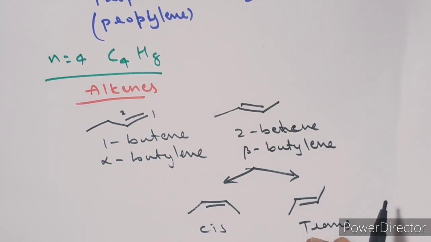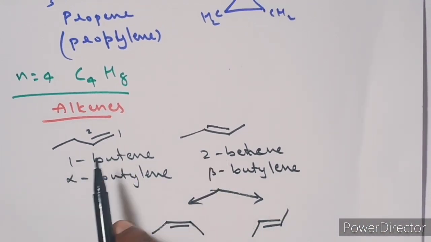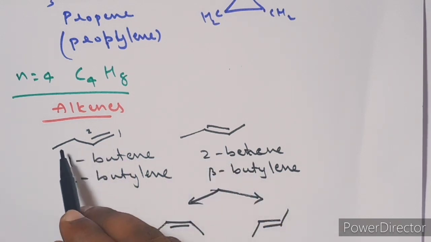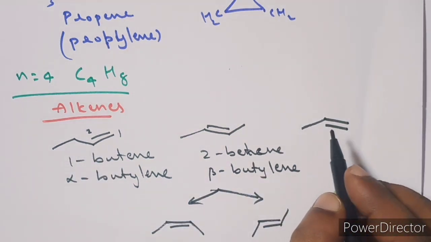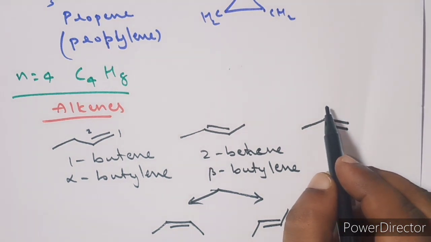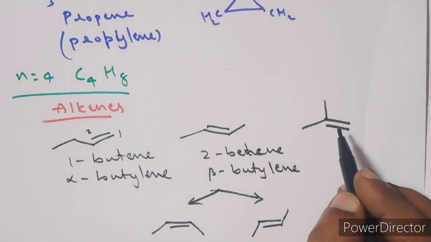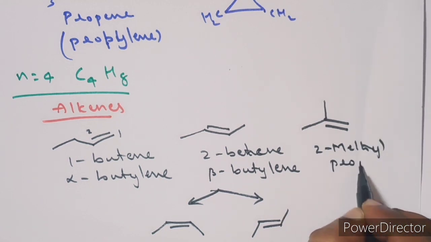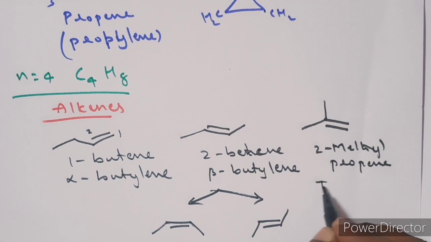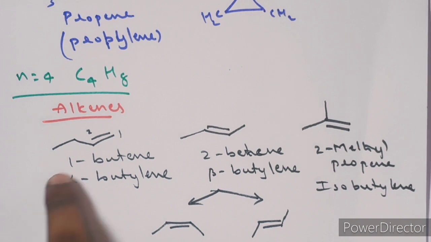Now, the next thing you do is write another isomer. So with the 4 carbon chain, we can write two isomers: one is 1-butene, another one is 2-butene, and 2-butene again has cis and trans forms. Next, from the parent chain, break 1 carbon and write the remaining 3 carbon chain alkene. And remember, the 4th carbon should always be written at a non-terminal carbon atom, so that you will get another isomer. The IUPAC name of this molecule is 2-methylpropene. The common name of this molecule is isobutylene.